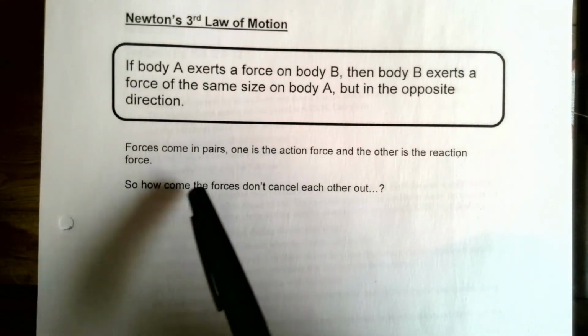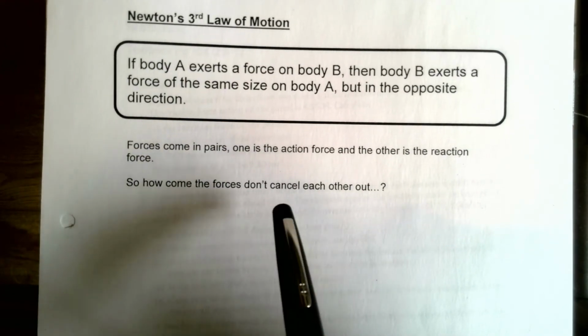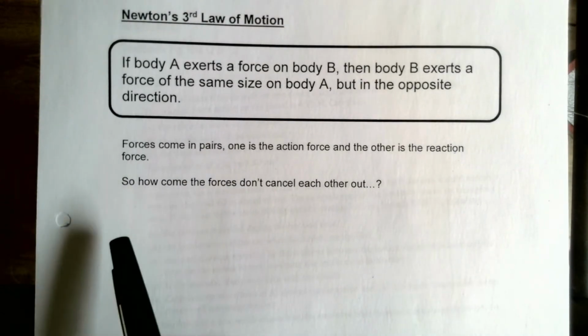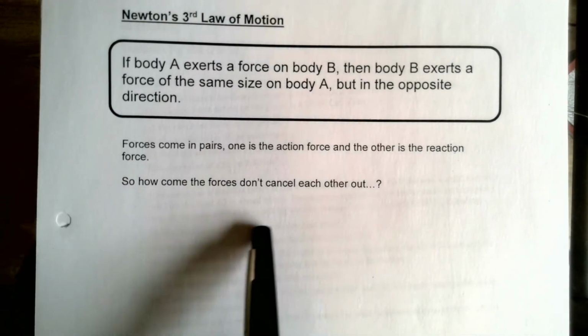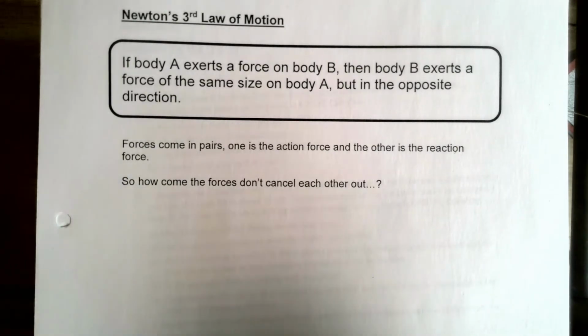Now, the way that it is quite often misunderstood is this here. So forces come in pairs. One's the action, one's the reaction. So how come the forces don't cancel each other out? Quite often people are like, well, how do we ever get a resultant force if there are equal but opposite forces? And the reason is that